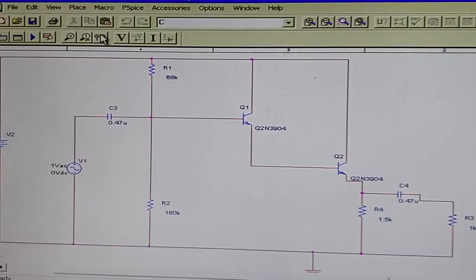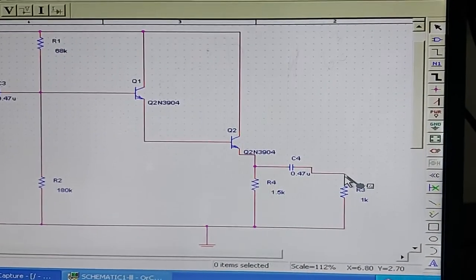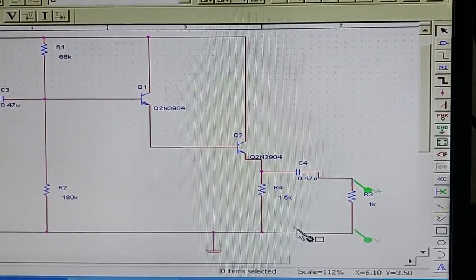Once the schematic is done, it is very important to magnify using the magnifying lens and check the connections in case we have left out anything anywhere. If this is not done, errors will occur and it will be difficult for you to run the simulation. You should also place the probe across the output to view the output.